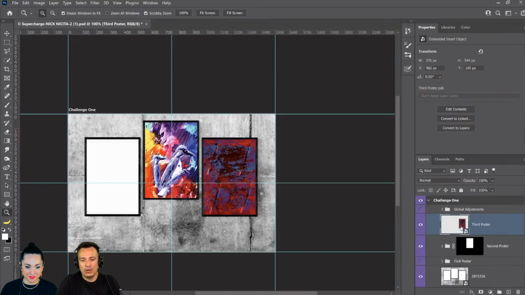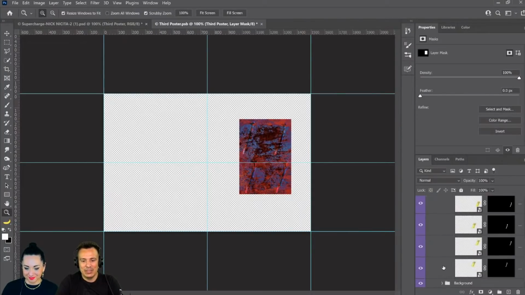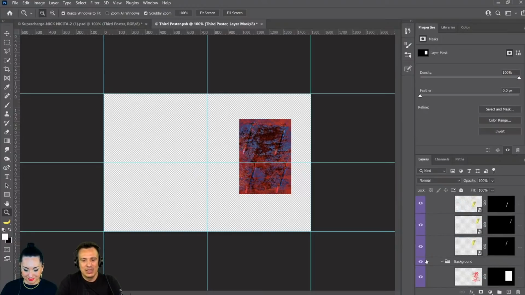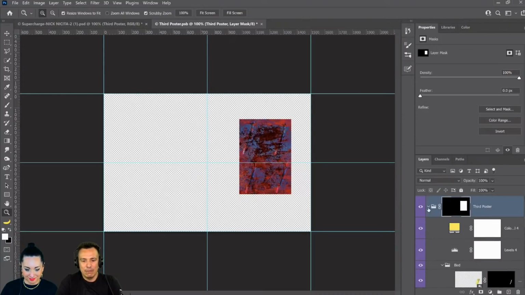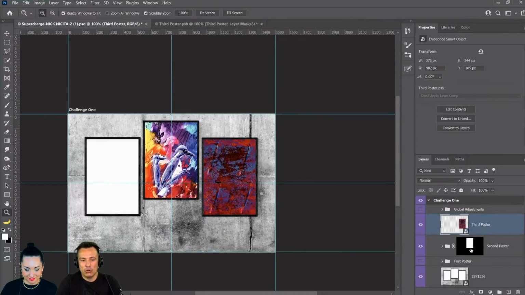The reason that I want to do that is so that when I open up my smart object, I can have access to all my files independently from the rest of the composite. So then I can make my adjustments to my composite if I need to adjust it. See how these posters were created by using all these different layers. And unfortunately, because of the way they were created, it makes it a little bit harder to work, having everything in one giant document.